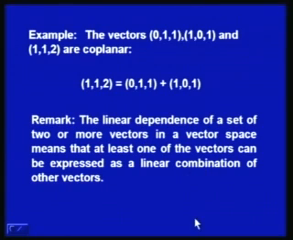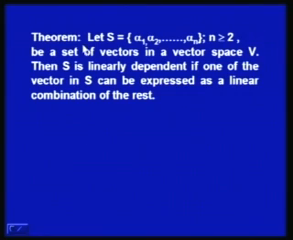Another remark is that the linear dependence of a set of two or more vectors in a vector space means that at least one of the vectors can be expressed as a linear combination of the other vectors. Now, this we write down in the form of a theorem. Let S consisting of n vectors, n greater than or equal to 2, be a set of vectors in a vector space V, then S is linearly dependent if and only if one of the vectors in S can be expressed as a linear combination of the rest of the vectors. Now, to prove this,